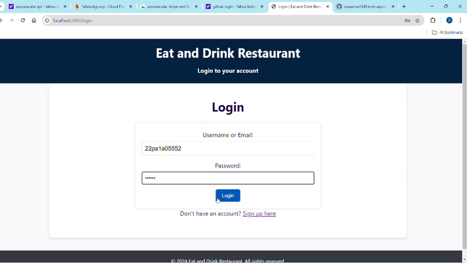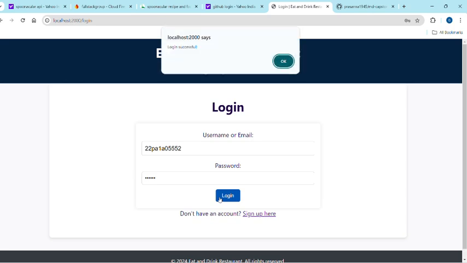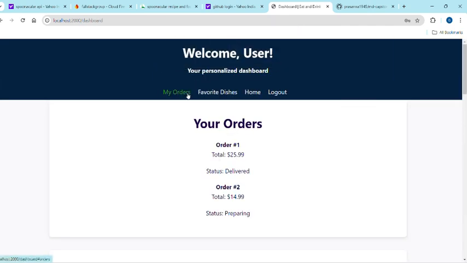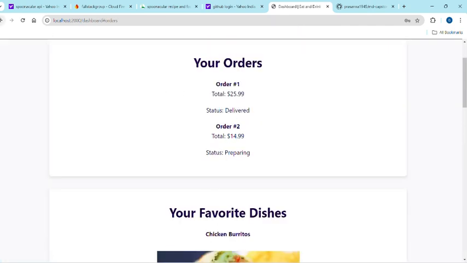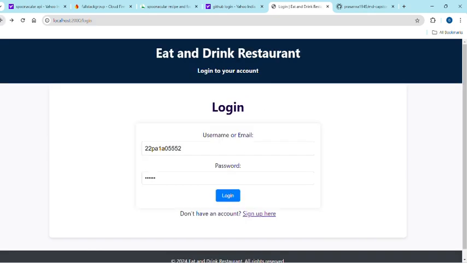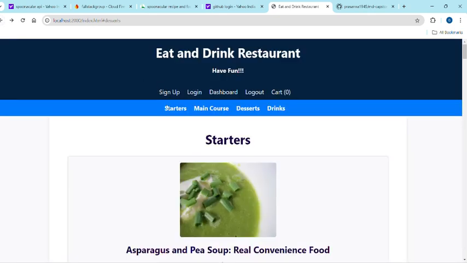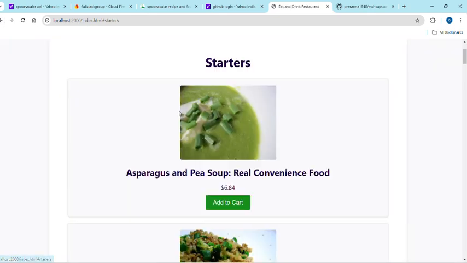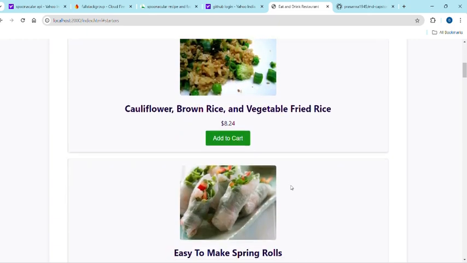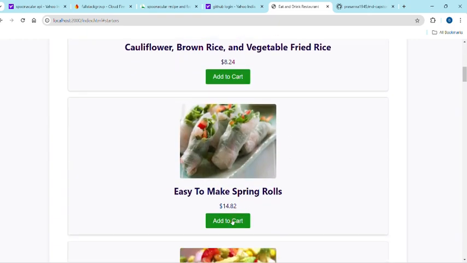Then after logging in, it says that our login is successful. Then we can add some starters into our cart, easy to make spring rolls.